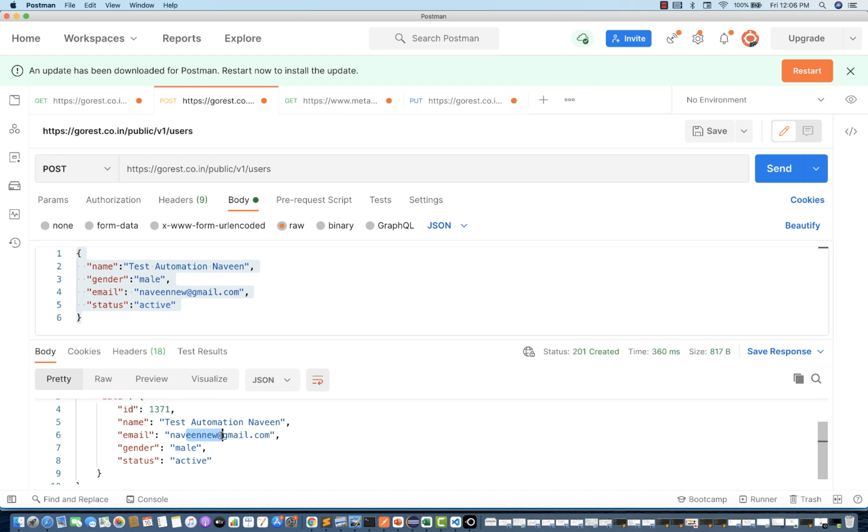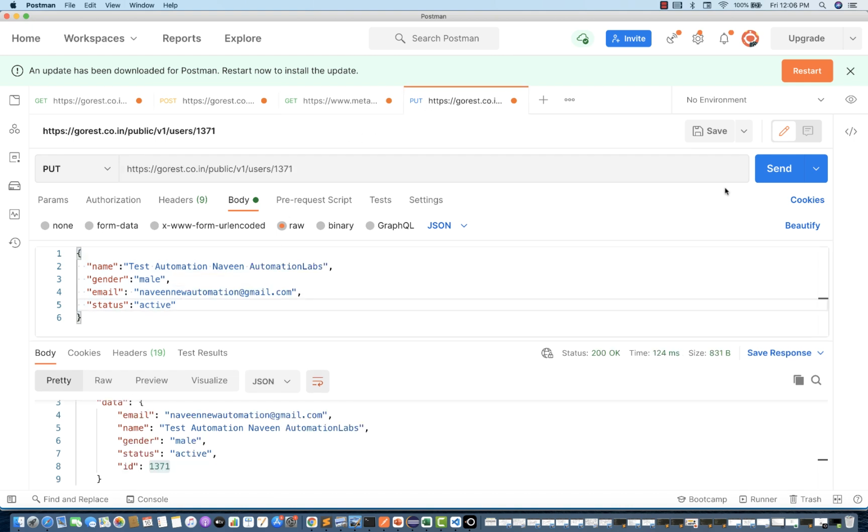Now we have updated it. So whenever you want to fetch the new value, this ID will always remain the same. You will always be getting the latest value. And remember this thing. Now see, I'm going to call this put call n number of times.